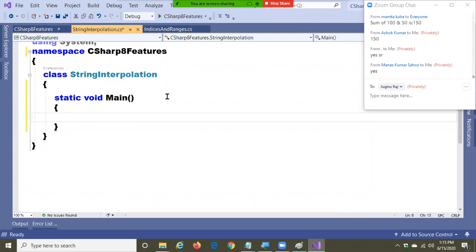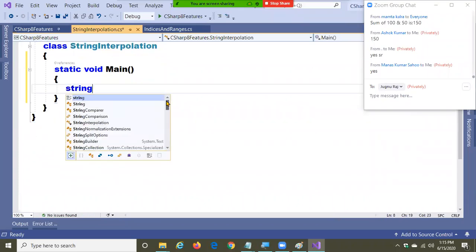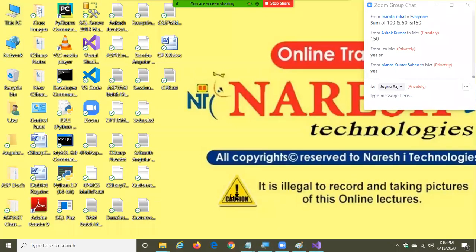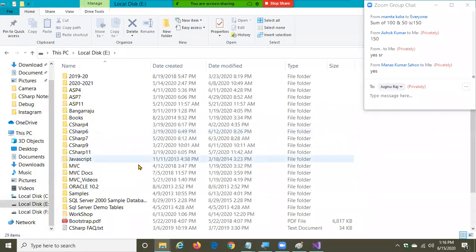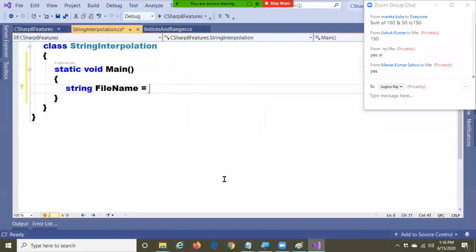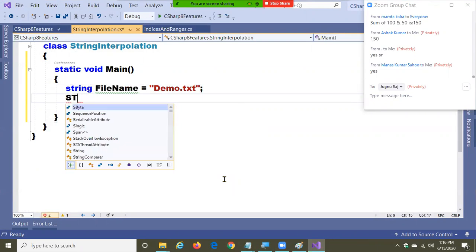Look here. I want to write a string fileName equals to, just a minute. Yesterday in our workshop folder, we have a file called demo.txt. I want to read from that now, and to read I'm using a StreamReader class.